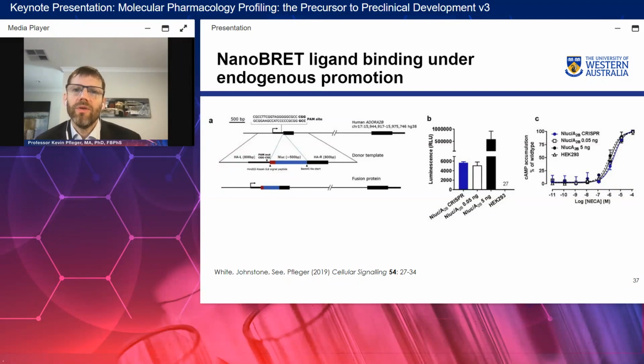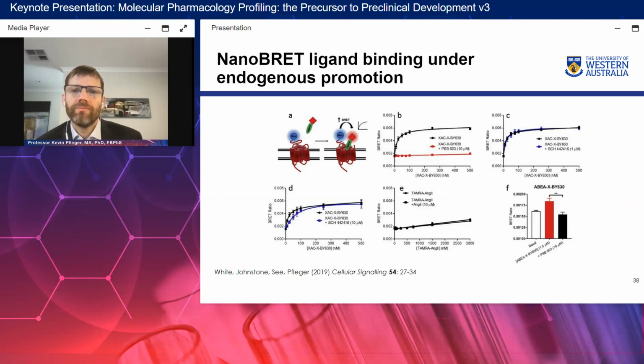The levels we are talking about when we're using CRISPR are very low in comparison to the normal overexpression systems that we use in the laboratory. However, we get similar cytokine P accumulation, and so we get similar profiles there. And we get very nice saturation data. So you can see here with panel B, we have a very nice saturation assay competed off with the selective compound. If you have a compound that is not selective for that particular receptor, we don't see